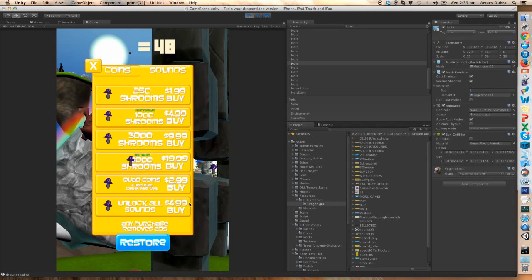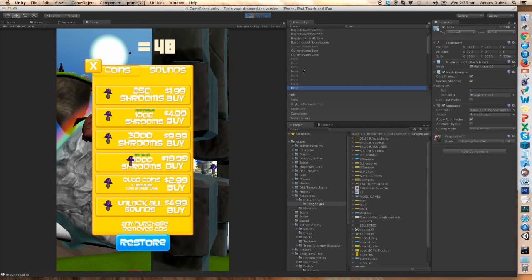Whoa, and one is out of position. And let's find the one that is out of position. And it is buy 8,000 shrooms. Oh, and as you can see, there is one digit missing. We put it in, and there we have it. So we will change that, and now we will fix this upper shroom,